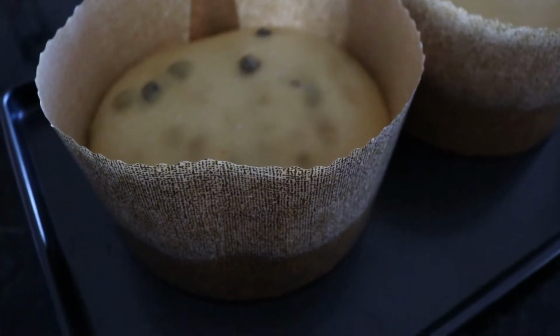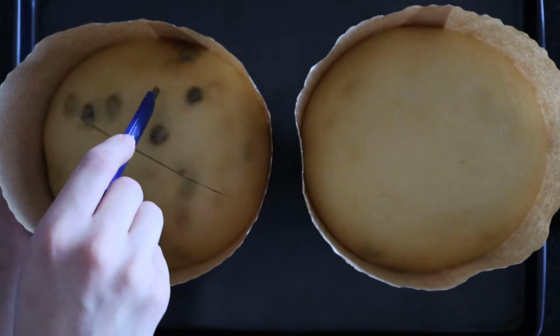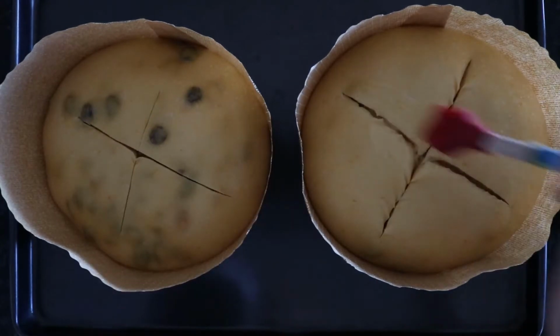And rise they did. I was honestly worried that they weren't even going to work, but they looked pretty good in the morning. Then you cut an X in the top. The recipes again varied on what you're supposed to do: if you put egg wash on it, if you put butter on it, if you just put butter in the middle of the X. I decided to coat the whole thing with butter and then put pearl sugar on top,